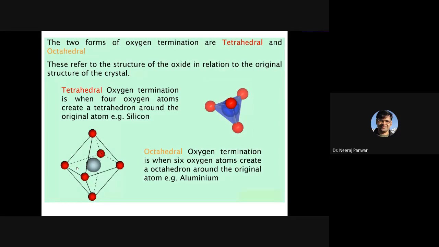For example, one type of structure is the perovskite structure. Its general formula is ABO3. In this type of structure, we see this type of arrangement in which one atom is surrounded by oxygen atoms. Or for example, if you have heard of barium titanate, BaTiO3, it is a very common ferroelectric or piezoelectric material, and it possesses that perovskite structure in which the titanium atom is surrounded by oxygen atoms.